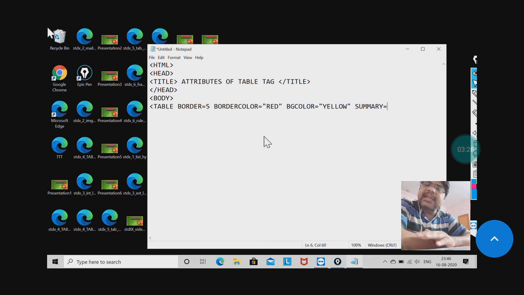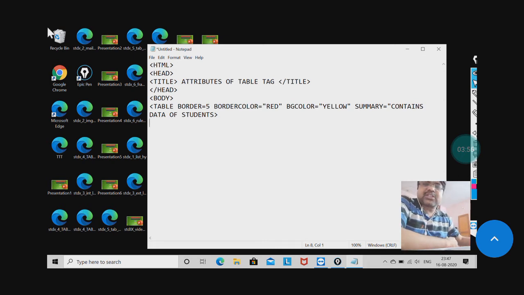Actually it is not executed by your web browser; in other words, it is not entertained by the web browser. So why do we use summary? So that we can know that this table will contain this information. So I am going to have summary as contains data of students. Okay, now I am going to close it.